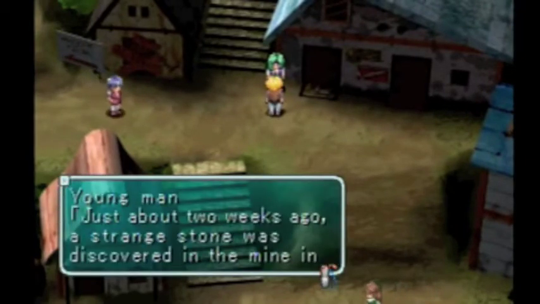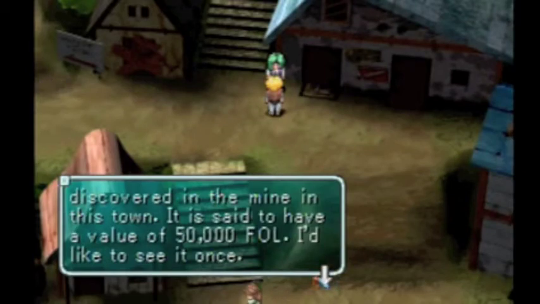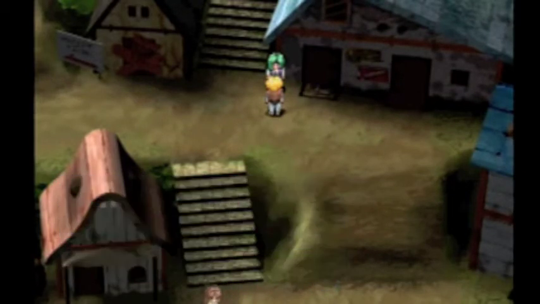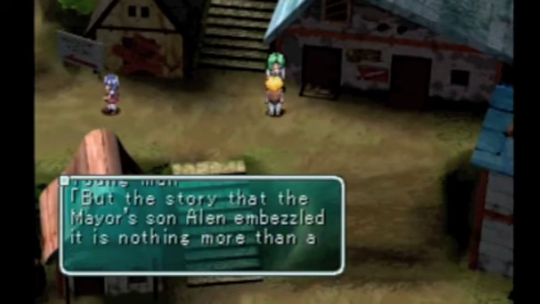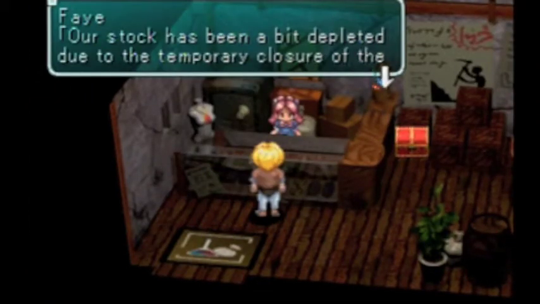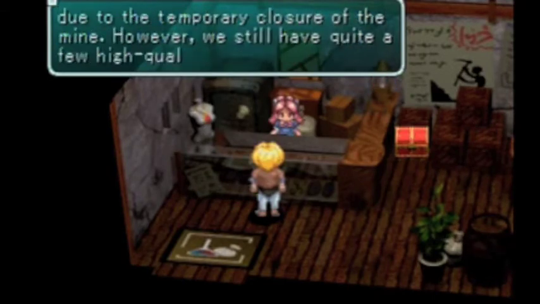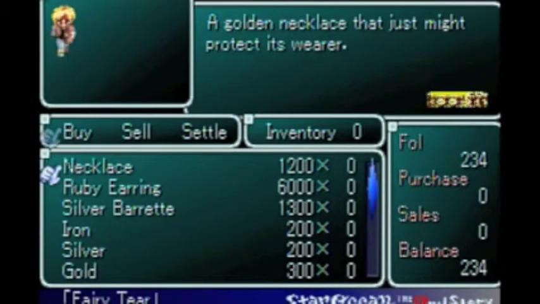Just about 2 weeks ago, a strange stone was discovered in the mine in this town. It is said to have a value of 50,000 fold. I'd like to see it once. But the story that the mayor's son Alan embezzled it is nothing more than a rumor. Our stock has been a bit depleted due to the temporary closure of the mine. However, we still have quite a few highly quality stones. So you can buy some